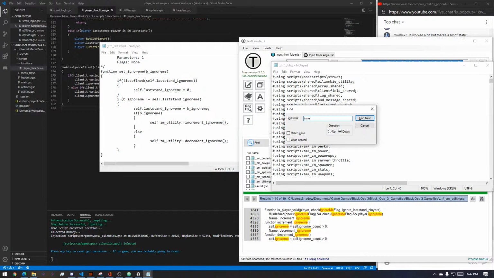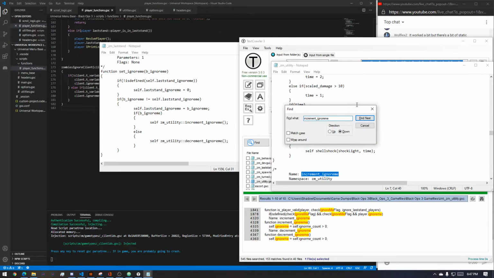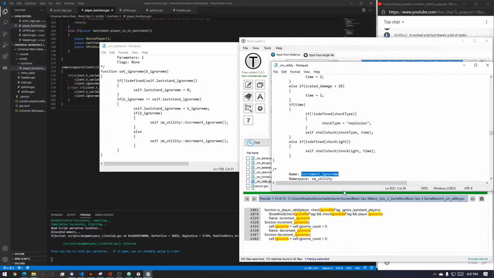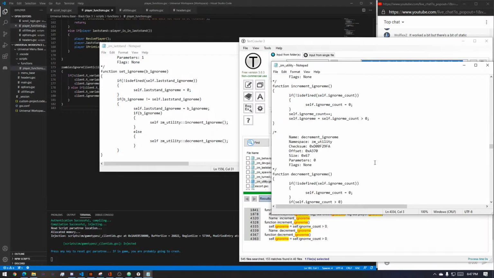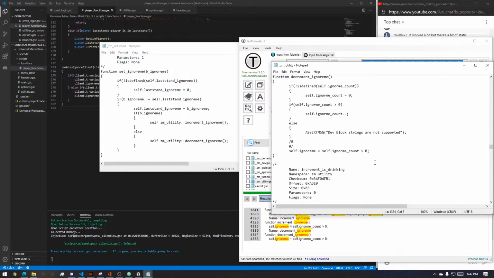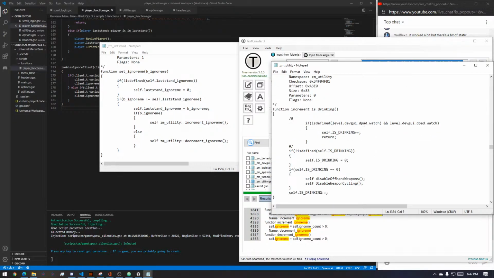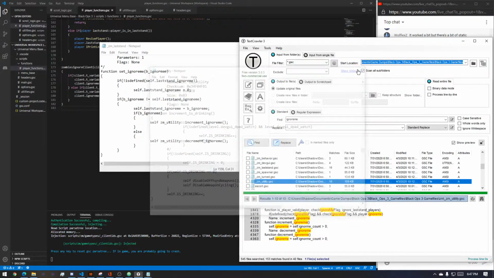Increment ignore. Okay, but that doesn't handle any of the information that I need, so